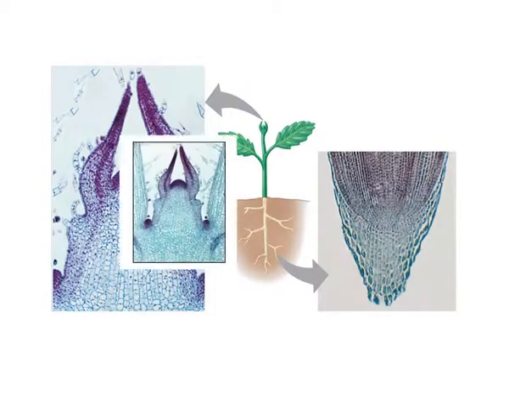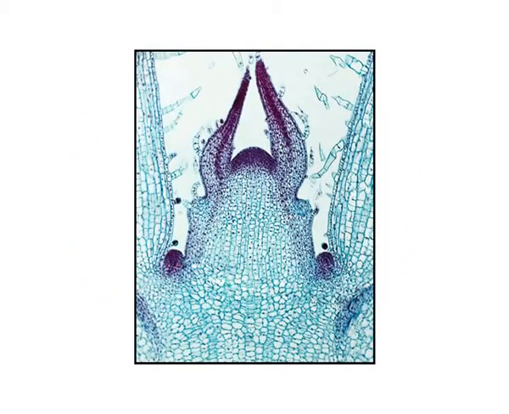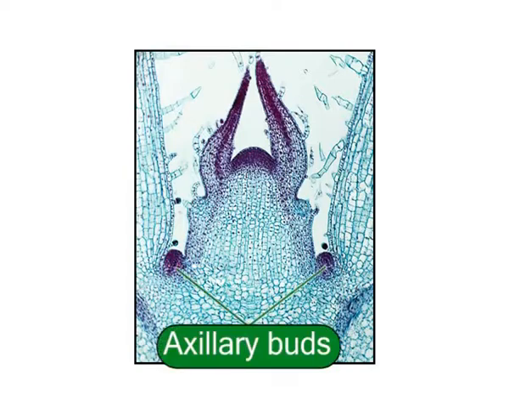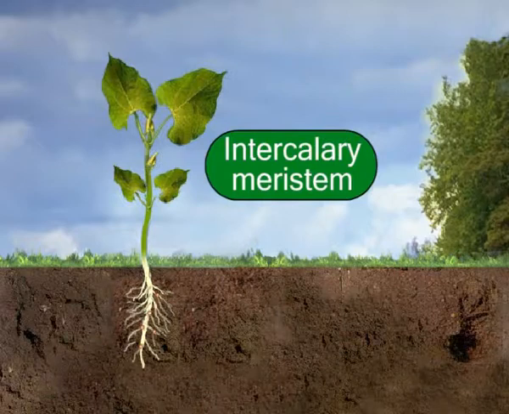During the formation of leaves and elongation of stem, some cells left behind from shoot apical meristem constitute the axillary bud. Such buds are present in the axis of leaves and are capable of forming a branch or a flower. Intercalary meristems are located